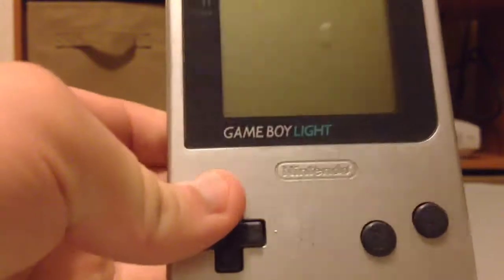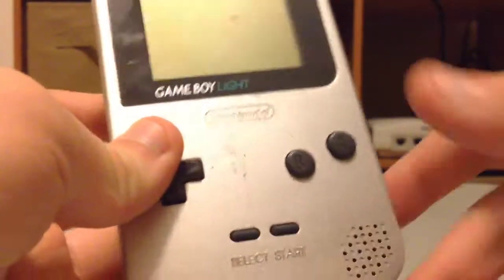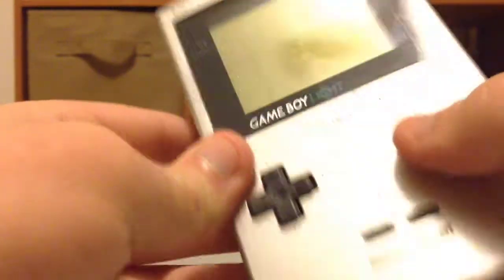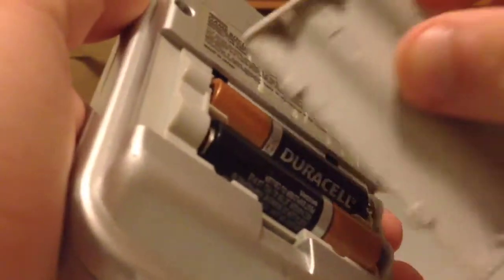I have something good right here. I have a pretty darn rare Game Boy, I'd say. I don't know exactly how many they sold, but it's pretty rare. What I mean by that is, I have the Game Boy Light, and mine's not in that good condition. I got it for Christmas. It's kind of scratched up, a good bit scratched up. It works. Well, anyways, if you don't know what the Game Boy Light is,